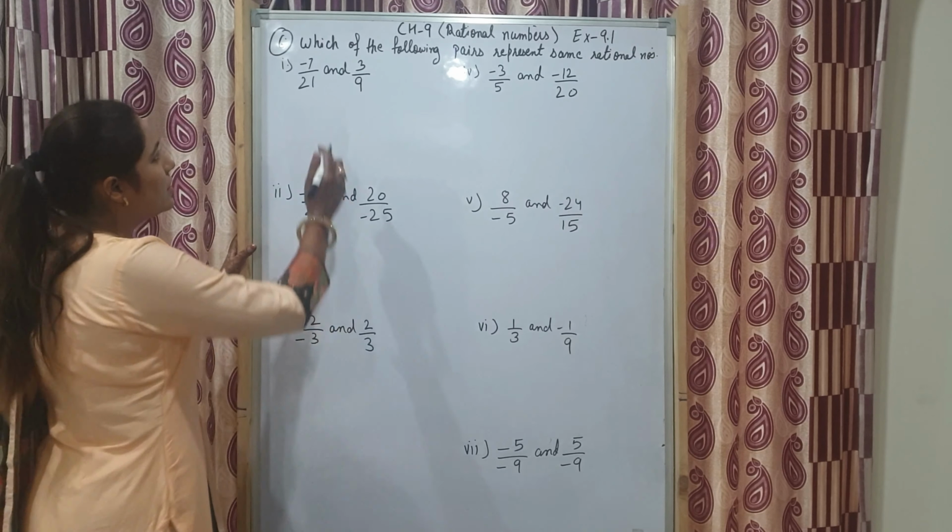Now this one is a mixed fraction. First we will change it. 7 multiplied by 3, that is 21. 21 plus 2, that is 23. Minus 23 upon 7. 5 into 3, 15. 15 plus 4, 19. Minus 19 upon 5. Now again you will cross multiply. Both in the numerator. Minus 23 into 5, then minus 19 into 7.